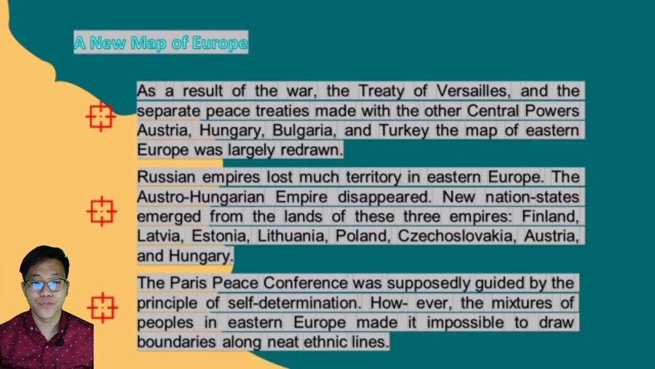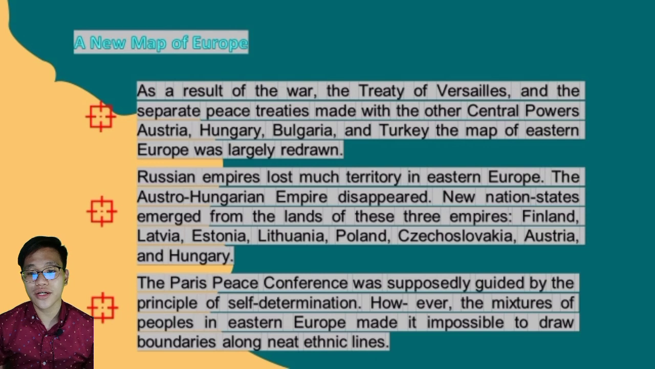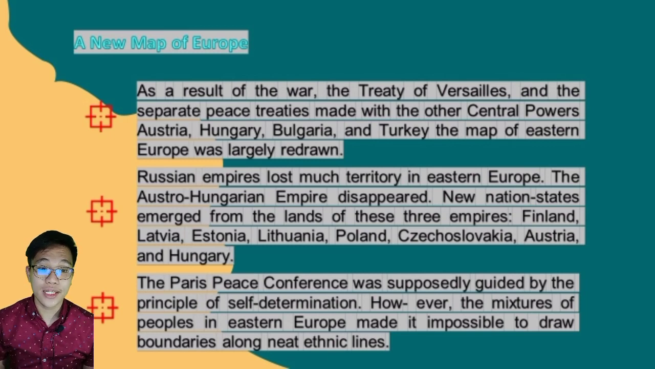A new map of Europe. As a result of the war, the Treaty of Versailles and the separate peace treaties made with the other Central Powers such as Austria, Hungary, Bulgaria, and Turkey, the map of Eastern Europe was largely redrawn. Both the German and Russian empires lost much territory in Eastern Europe. The Austro-Hungarian Empire disappeared. New nation-states emerged from the lands of these three empires: Finland, Latvia, Estonia, Lithuania, Poland, Czechoslovakia,